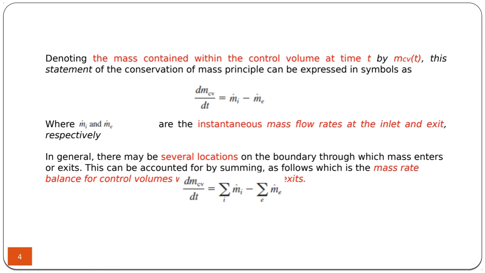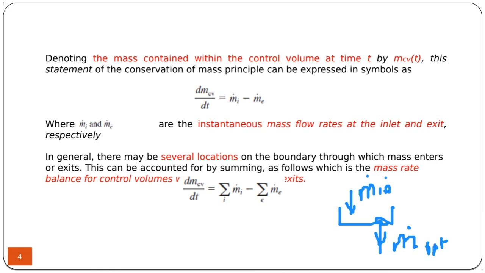Remember, when you have a dot on something, it means it's per unit time, or the rate of something. So m dot is the mass per unit time, or in other words, mass flow rate. Let me give you an example. Suppose there is a bathtub. If the bathtub is being filled at the rate of m dot in, and at the same time there is a discharge from the bathtub at the mass flow rate of m dot out,